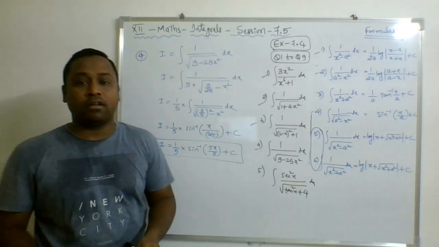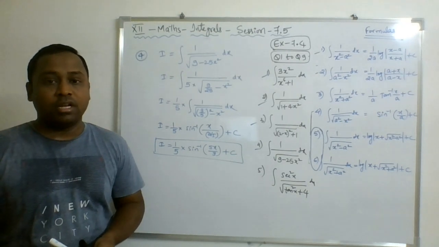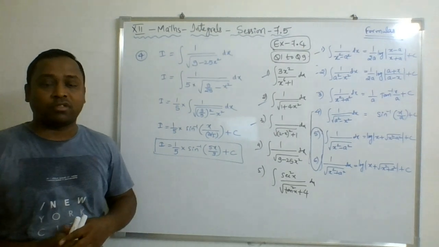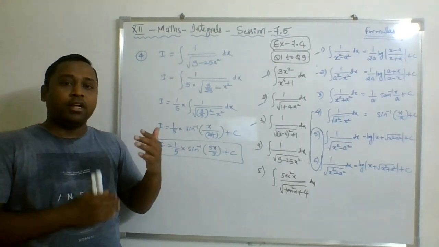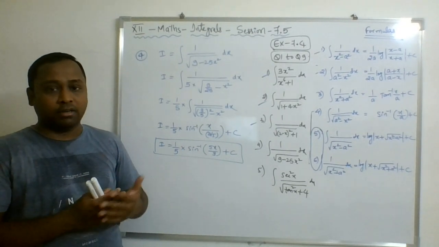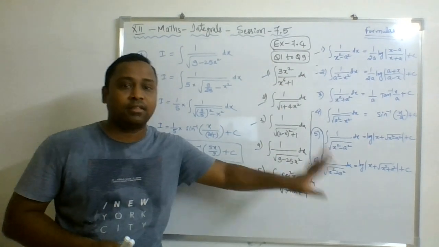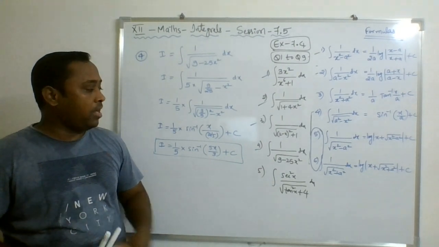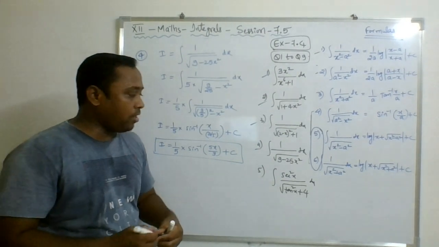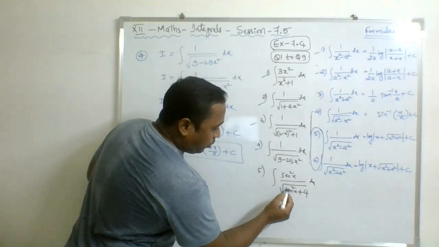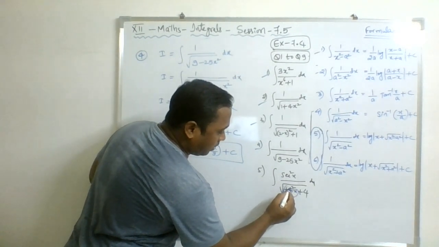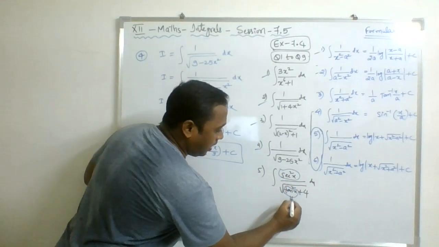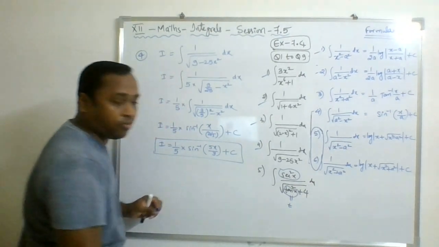So friends, I think definitely you have understood this technique. Substitution: small things you need to substitute, and small things you need to take common, to modify the question into one of these 6 formulas to directly write its answer. And we'll take the last one. I'm just giving the hint over here. Here you can see in this question the derivative of tan x is sec square x. Hence, let this tan x be equal to t in the question.